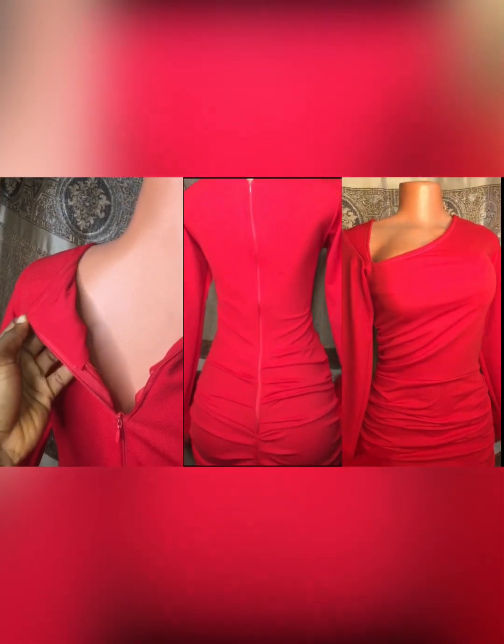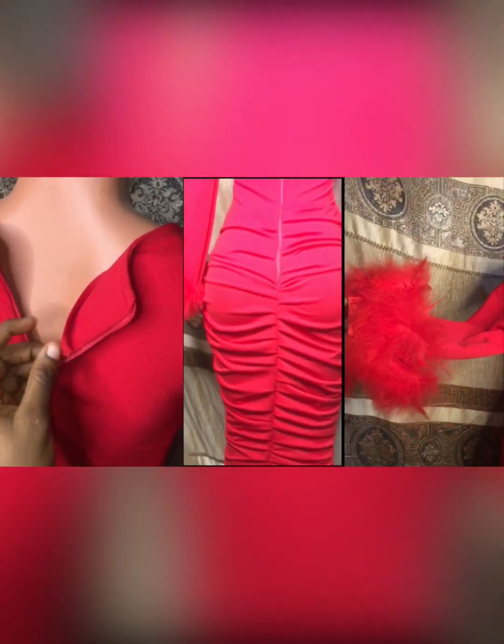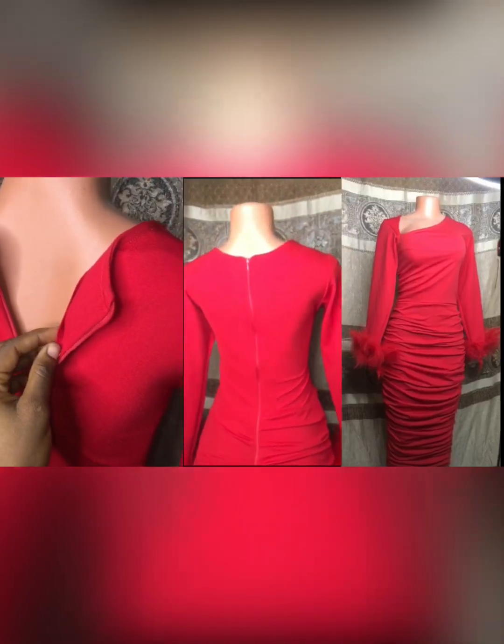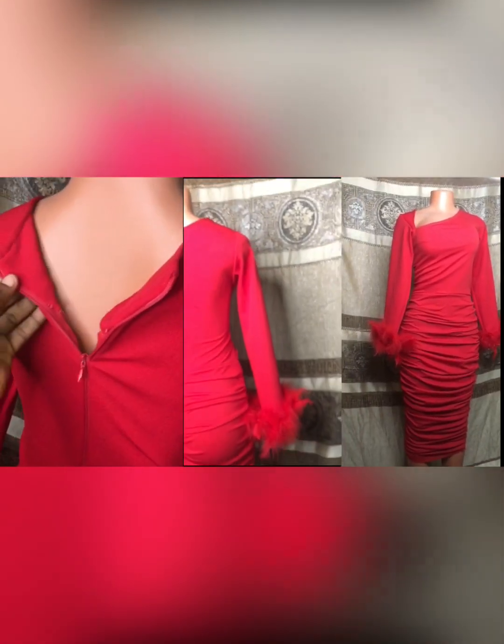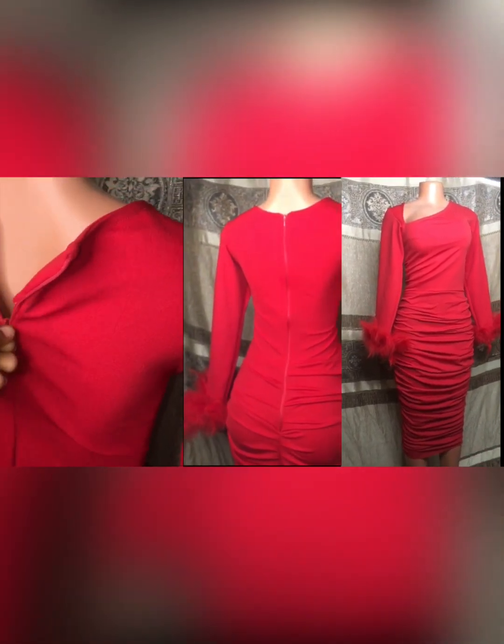So in today's tutorial, I'll be quickly sharing with you all how to sew this beautiful trendy asymmetrical neckline gown with this drape or pleats at the sides, and also how to perfectly fix your ostrich feathers to this and